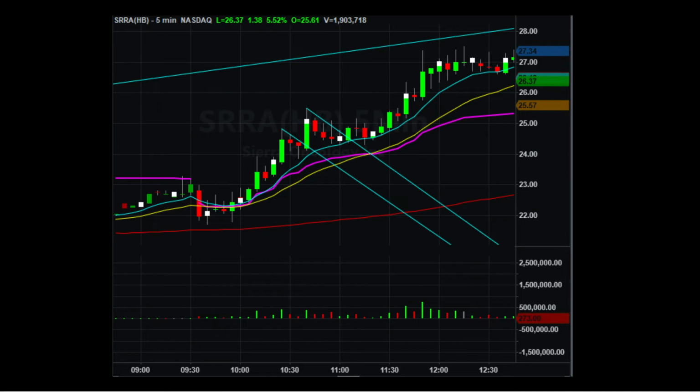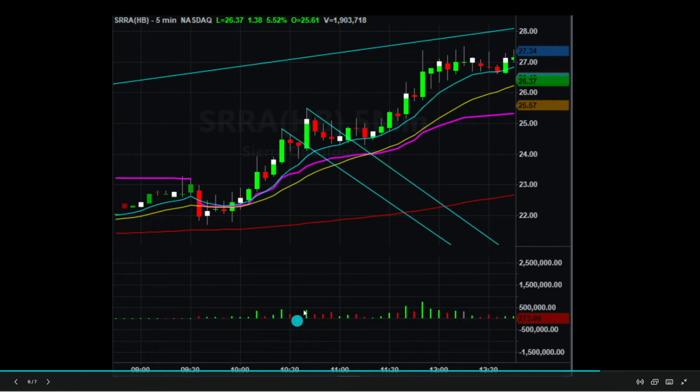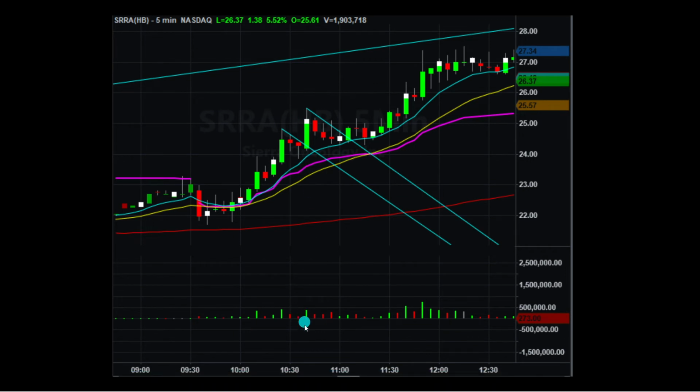Next, this one is SRRA, and you can see multiple flags in this picture, right? We start off here. We have the pole. You can see the volume rising with those 2 bars, 1, 2, and the volume was rising. Then you get the consolidation period with light volume. You see the light volume. Then you get the rip, high volume going in. Then you get the next pullback, consolidation period. So this would be the new pole, consolidation period, and then you get a little rip,